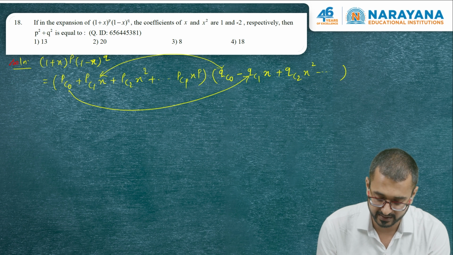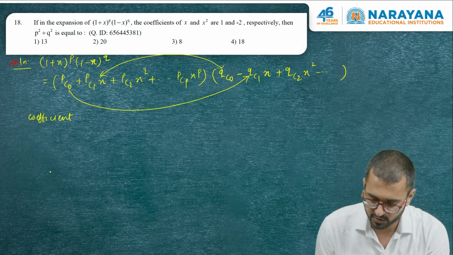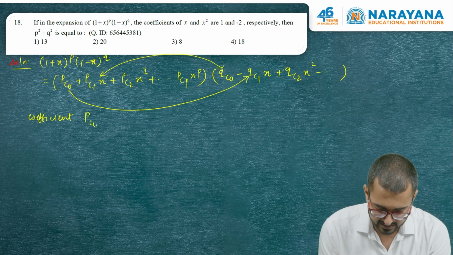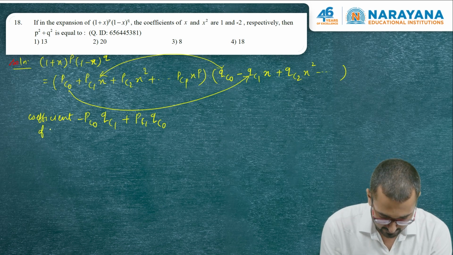That's when we get the coefficient of x. So the coefficient of x we will get only when we multiply these two terms, rest nowhere are we going to get x. So that is pc0 into minus qc1 plus pc1 into qc0. So the coefficient of x is going to be this,